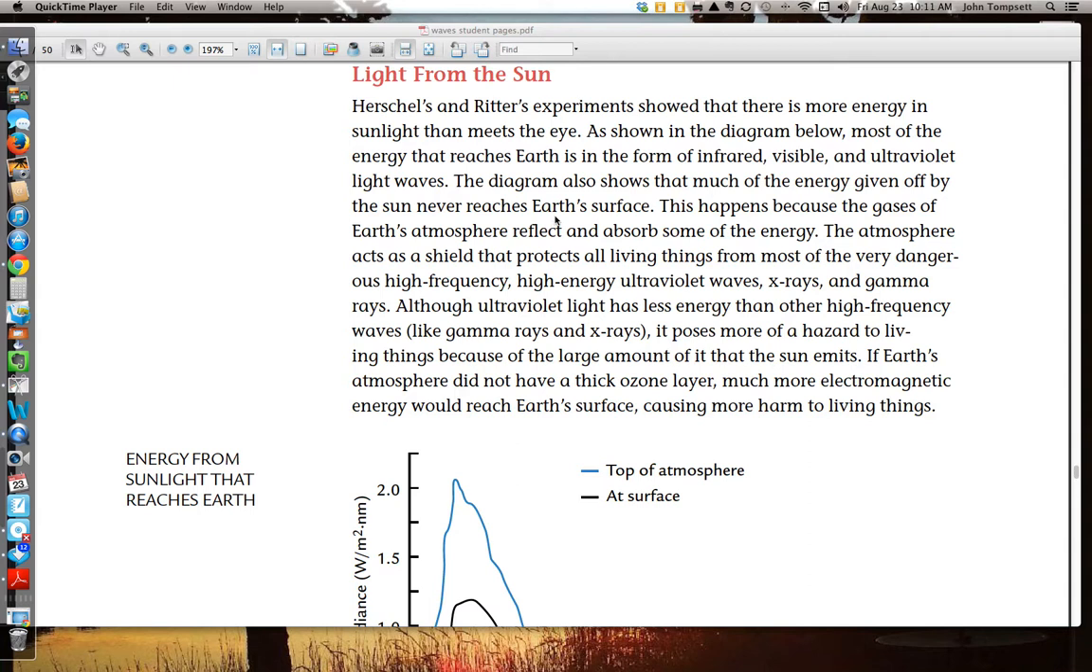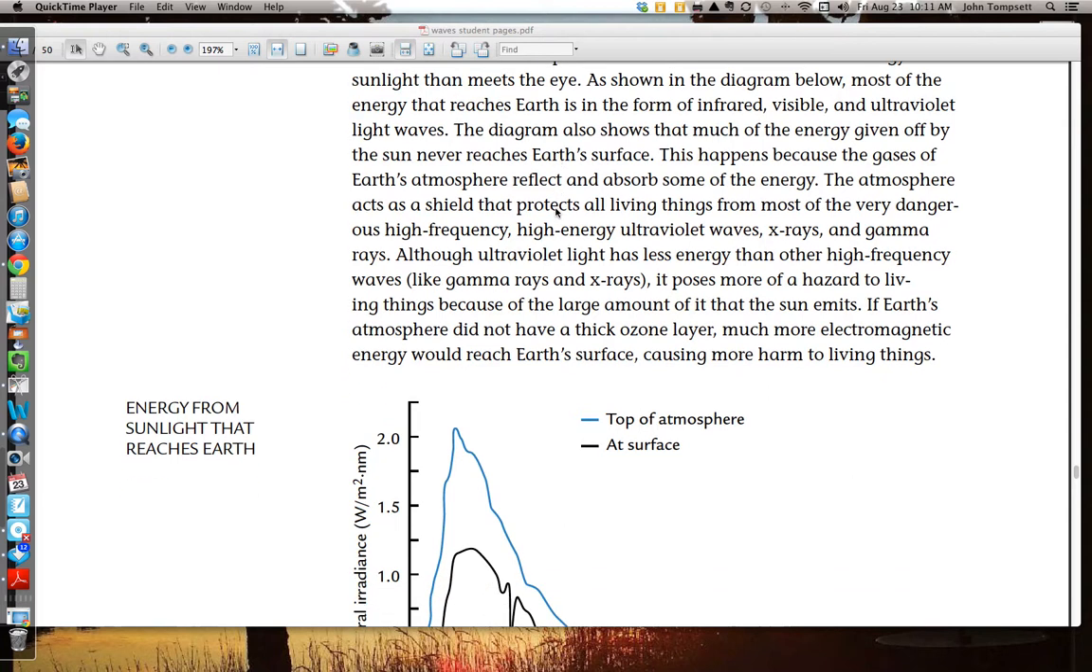The atmosphere acts as a shield that protects all living things from most of the very dangerous high-frequency, high-energy ultraviolet waves, X-rays, and gamma rays. Although ultraviolet light has less energy than other high-frequency waves like gamma rays and X-rays, it poses more of a hazard to living things because of the large amount of it that the sun emits. If Earth's atmosphere did not have a thick ozone layer, much more electromagnetic energy would reach Earth's surface, causing more